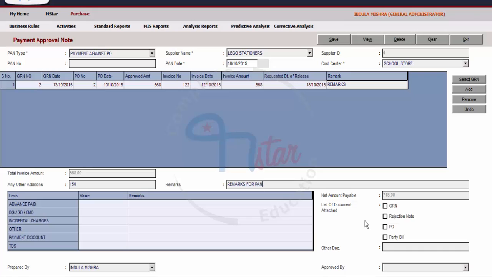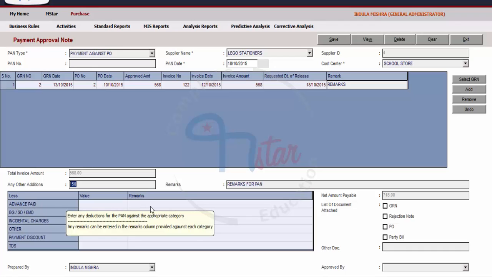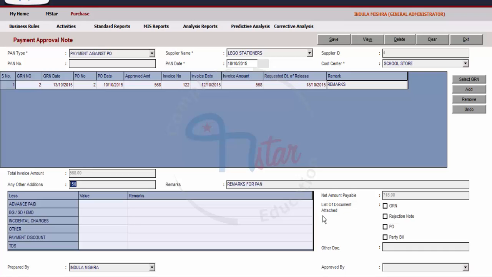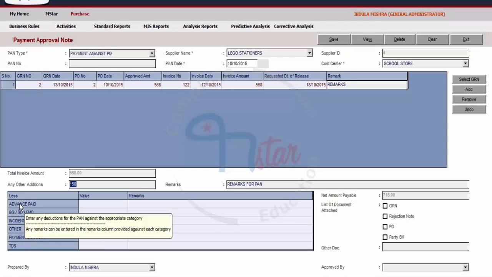You would also notice that the net payable amount has changed and has added the amount entered in the any other additions field. In case required, you can also enter any discount etc. if applicable for the PAN. This can be entered in the grid provided under the Less column where the deduction categories are mentioned.